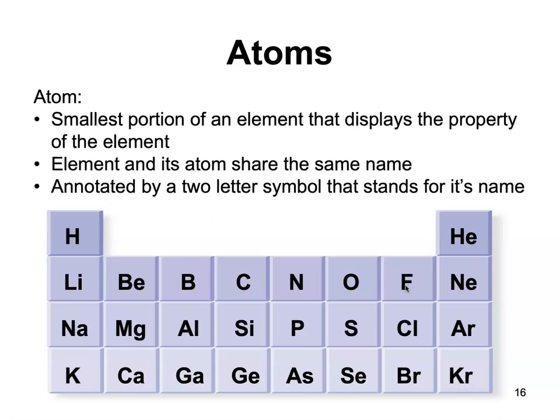This is not considered an abbreviation. You do not need to put a period after the C if you're annotating carbon, because it's not considered an